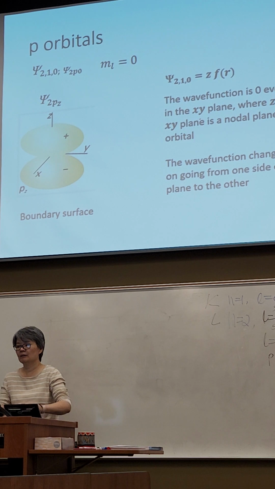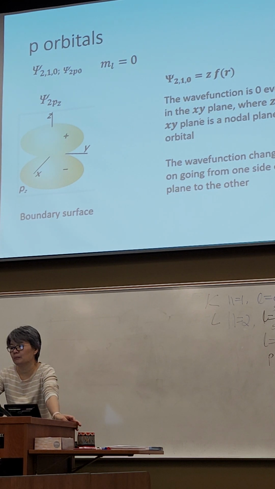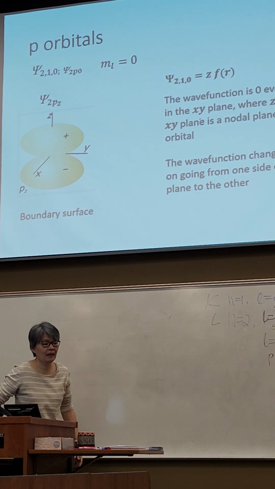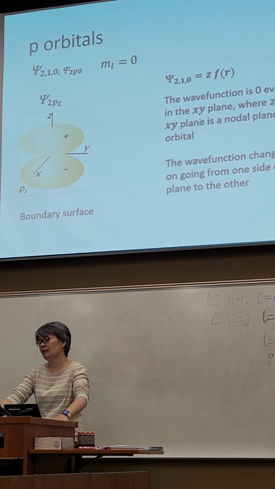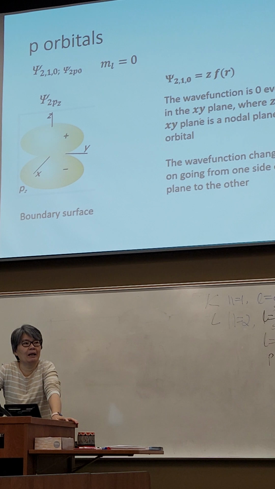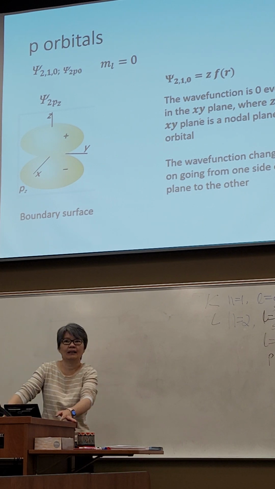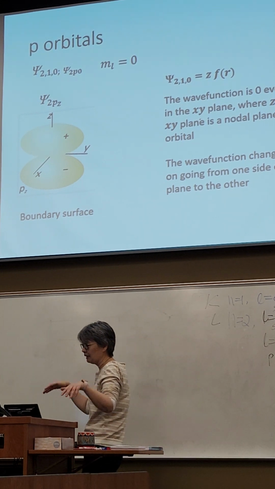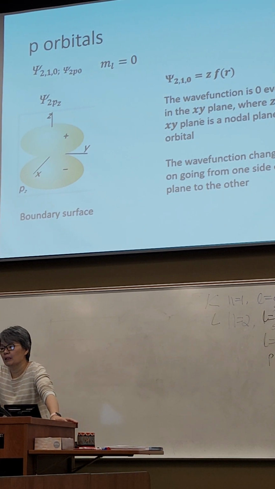The wave function is 0 everywhere in the xy plane, where z equals 0. When you pass through a point where it is 0, we call it a node. But when you pass through a whole plane that gives you 0,